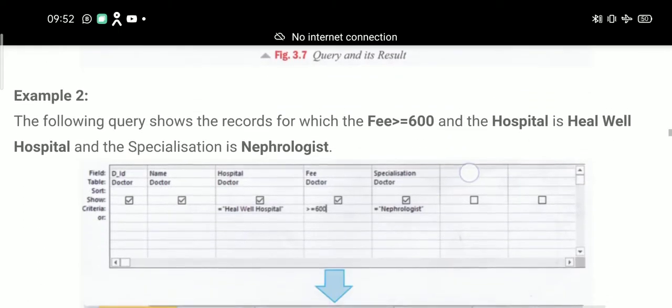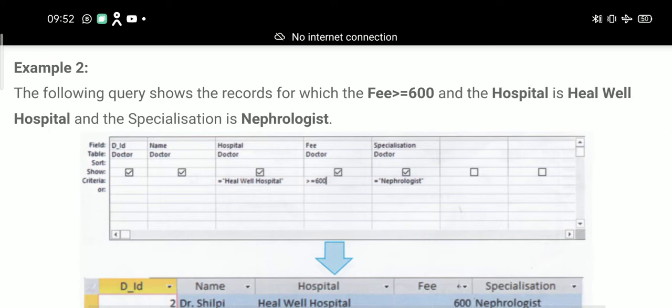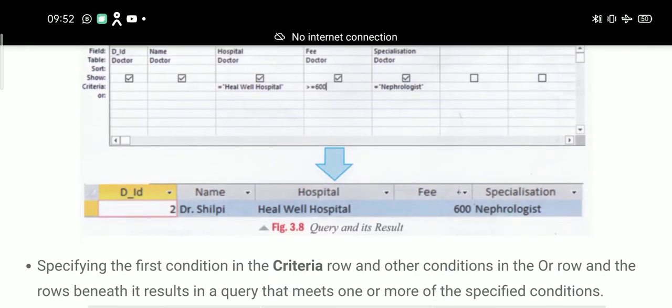Similarly, some other examples are given here which show multiple conditions of queries, like fee greater than equal to 600, and you can see here only one hospital which shows only one doctor which shows 600 fee status, Dr. Silpi.